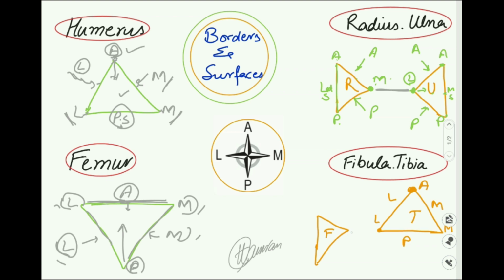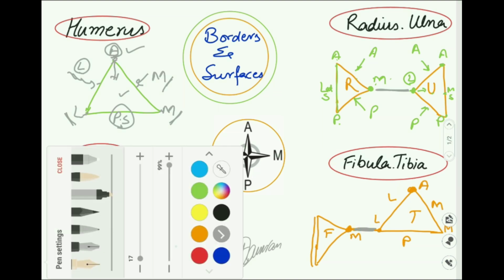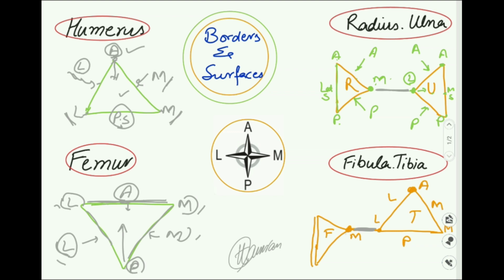So now the fibula bone, what are the odd ones? Odd one is this border, and again this border, this surface. This border is towards the tibia, so this will be the medial border. This is the interosseous membrane, and here we will have a medial border. Against the medial border we will have a lateral surface. Rest is simple: we will have an anterior border, we will have a posterior border. Between anterior and medial we will have an anterior surface, and between medial and posterior we will have a posterior surface. This is the way you will first understand and then apply how to describe the borders and surfaces